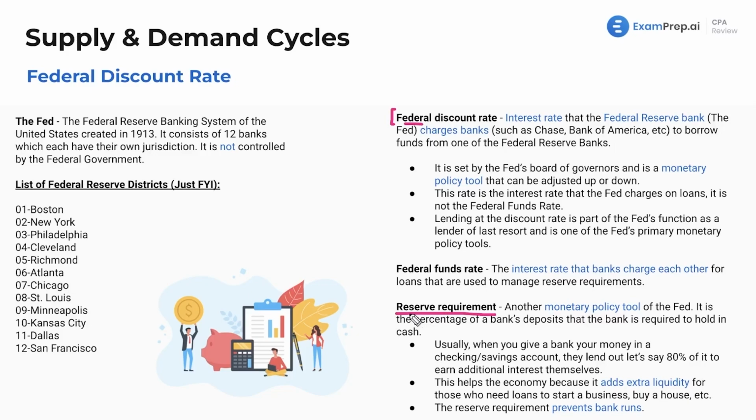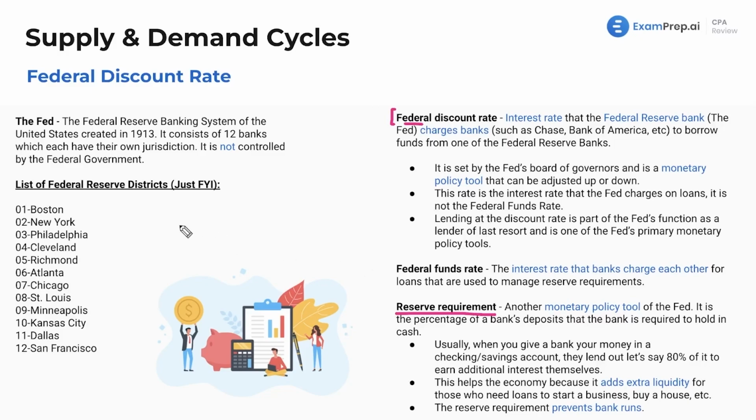You see the pros and cons of everything, though. If you lower the reserve requirement, it means more money can be pumped out into the economy and invested. If you increase the reserve requirement, it's more of a safe measure because you're not going to have a run on the banks, with people demanding their money and the bank not having it. Yeah, I mentioned that. Let's say it's 80% they lend out. That's the metric I used. It helps the economy with extra liquidity because you need a loan to start a business or buy a house. The more businesses being started and houses being purchased, the better the economy can flourish, and it prevents bank runs.